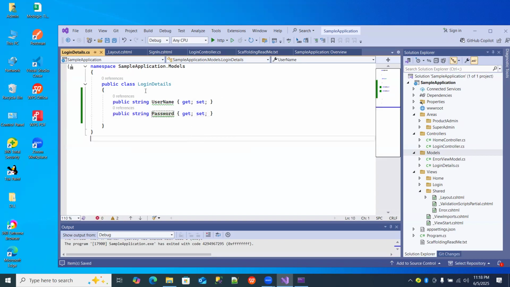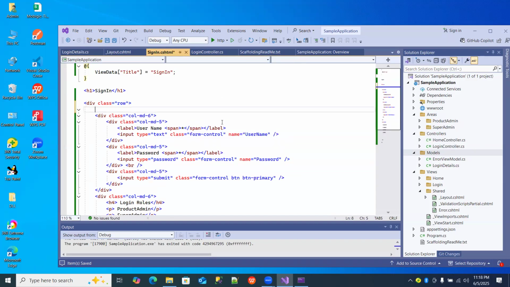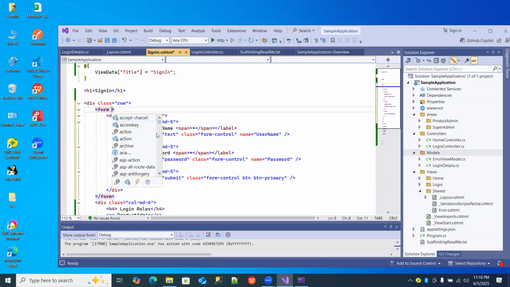Perfect. Now you can go to the sign in page. Okay, now you have not implemented a form tag. So I will implement a form control, inside whatever we have put all the elements. We need to post to the controllers. Now you can put one action, like we need to pass the data inside the sign in